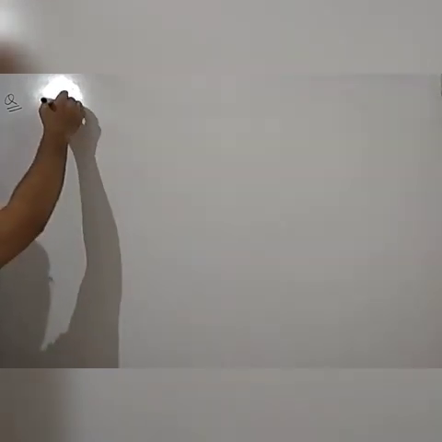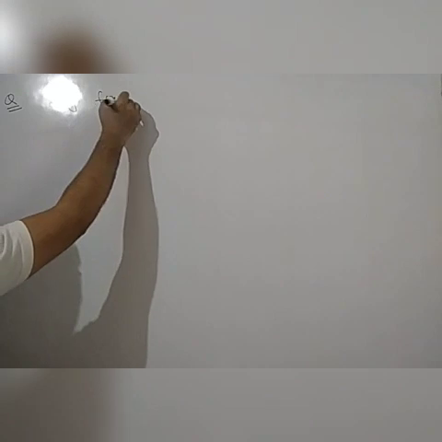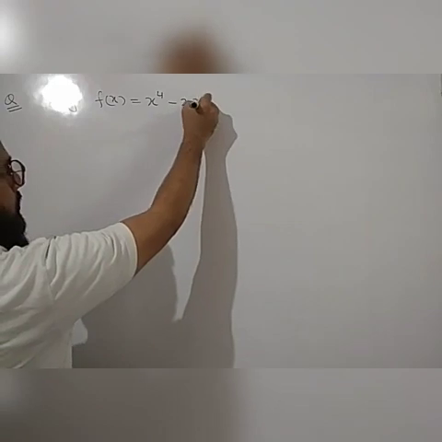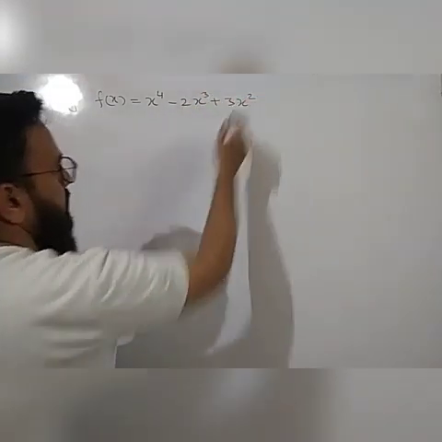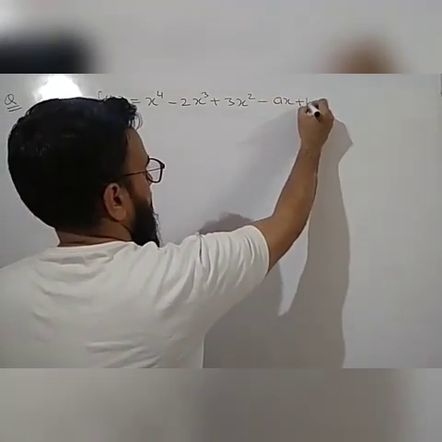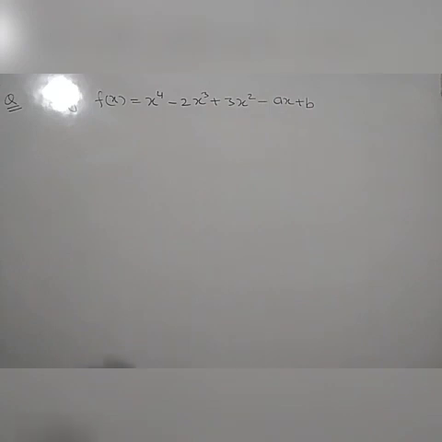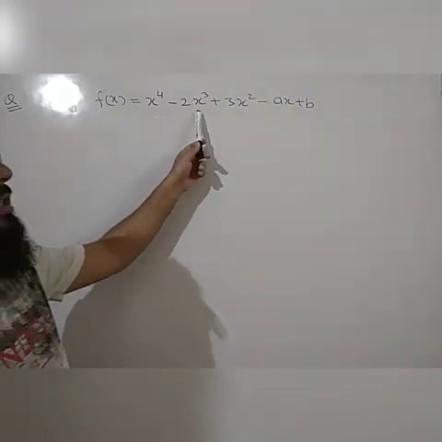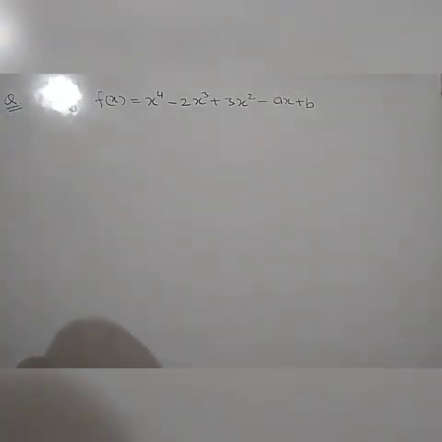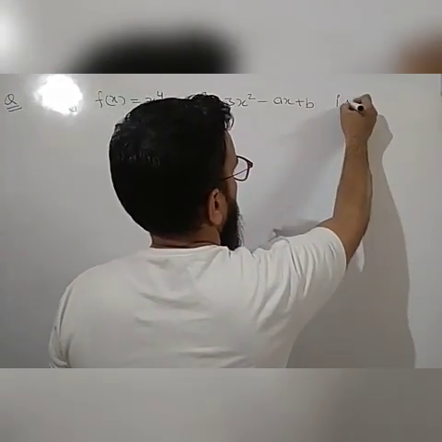Now coming to the next question. If f of x is equal to x to the power 4 minus 2x cube plus 3x square minus ax plus b. We have been given this polynomial f of x is equal to x to the power 4 minus 2x cube plus 3x square minus ax plus b, which is a polynomial such that when f of x is divided by,